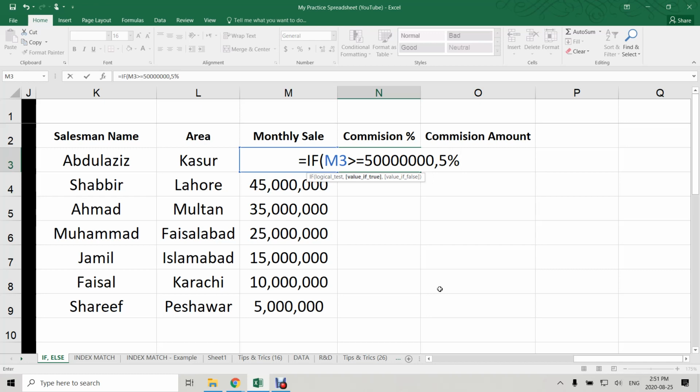Because this is a calculation, I will not put it in double quotation marks. The calculation or number will remain without double quotation marks. Else if this cell, else if